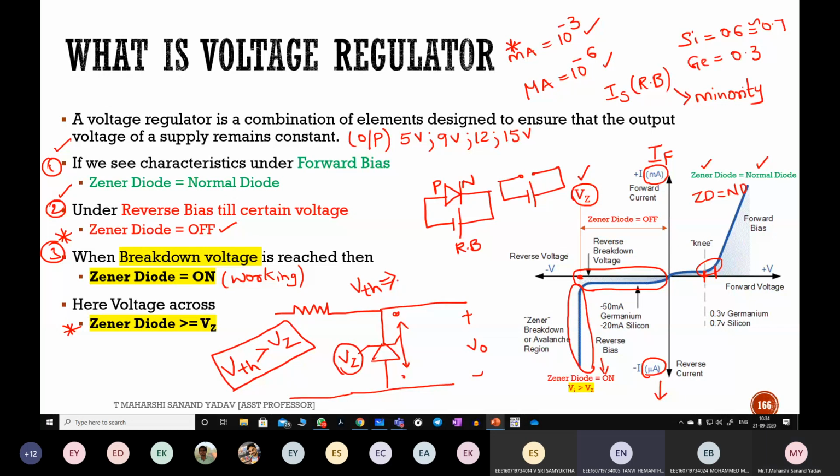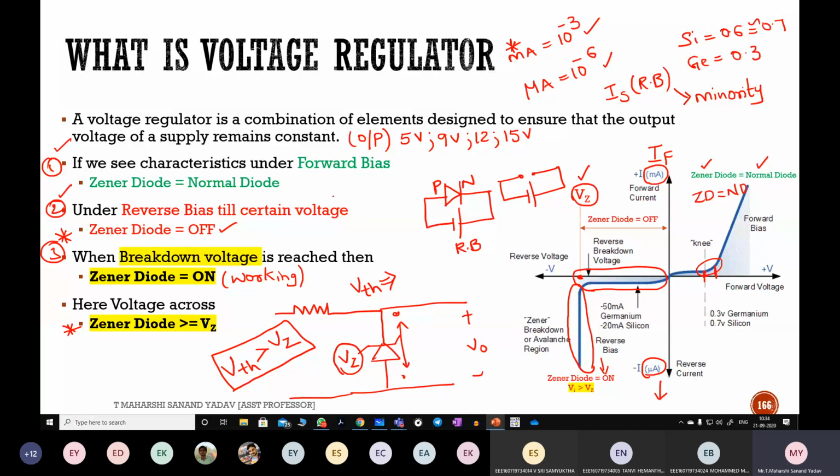I heard of it, sir, but not in detail. So better I'll try to show you the derivation of it. Do you have any idea about the voltage division rule? What is the voltage division rule? What is the current division rule? Any idea on this? Okay, sir. Better I'll explain it to you in detail in the next slide.